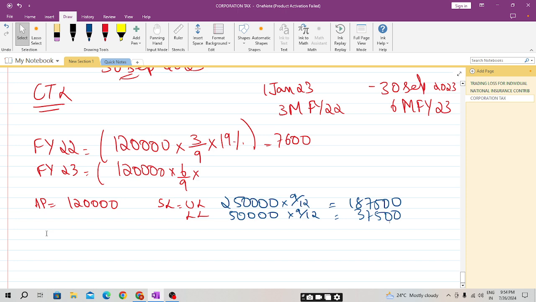Augmented profit is 120,000, the same as TTP. 187,500 minus